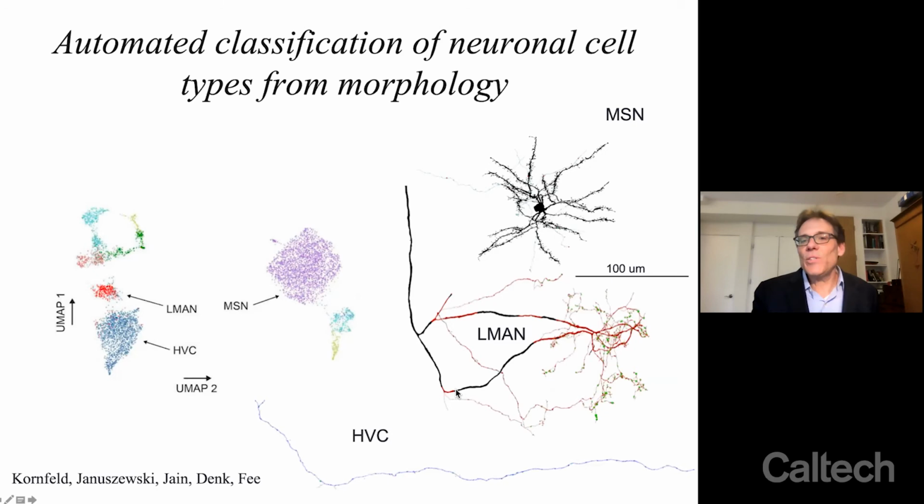Now these LMAN and HVC axons could be identified fairly easily in the volume because we know from single cell fills and light microscopy that individual HVC axons branch rarely and arborize throughout the volume of area X, the entire 1.5 millimeter extent of area X, while LMAN axons arborize in a tight terminal plexus that's about 100 microns across and that occupies about 1/1500th the volume of area X.